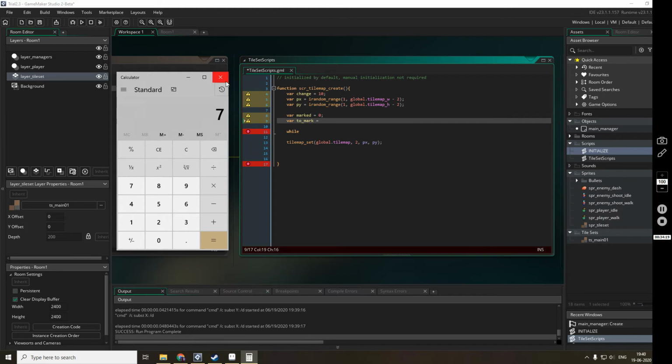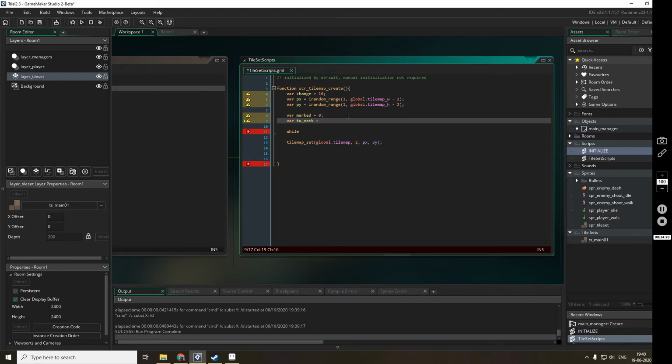Okay, 4900. So I think 400 is a good number, or maybe we can increase it later on. We'll see how it's coming up. While marked is smaller than 2 marked.